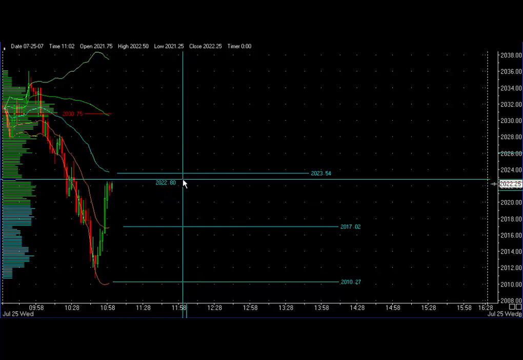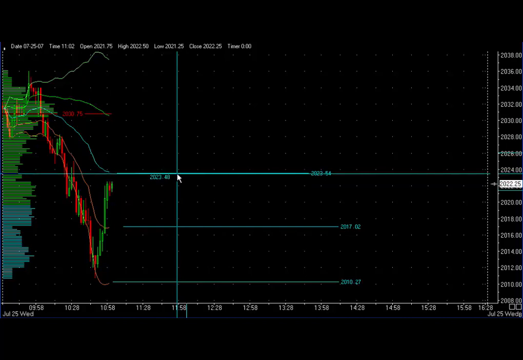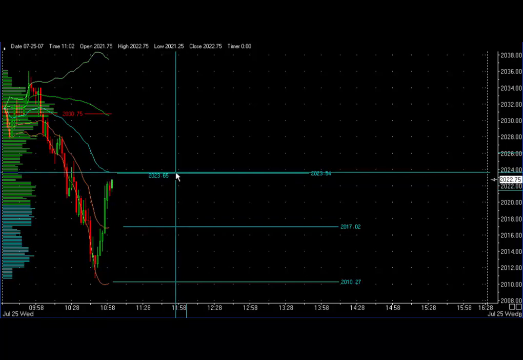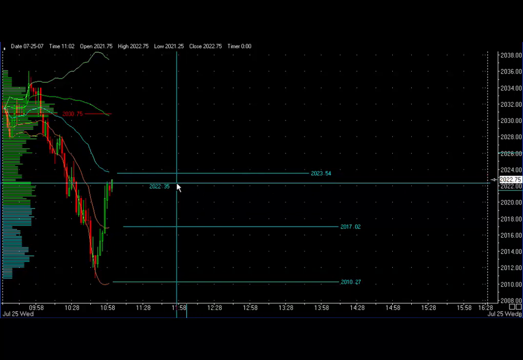He's still waiting for the market to come up to 2023.50, which would be his entrance on a second contract. 2023.50, and it looks like he will probably get a fill there. We're at 2023, 23 and a quarter. 23 and a quarter still, 23.50. We've touched that. You get one more tick up here, 23.50. There you go, 23.75. So he's filled at